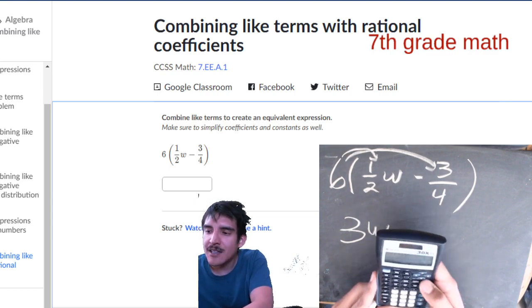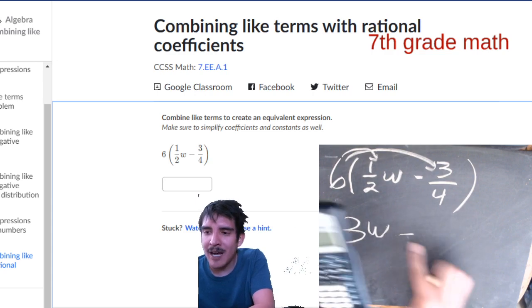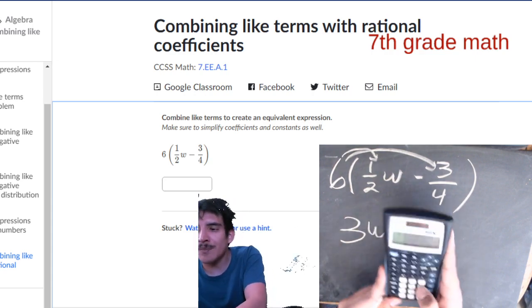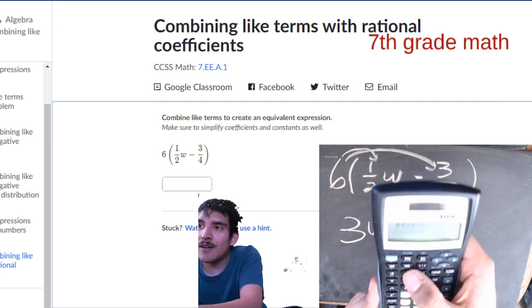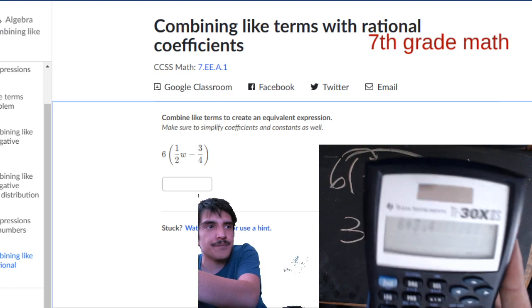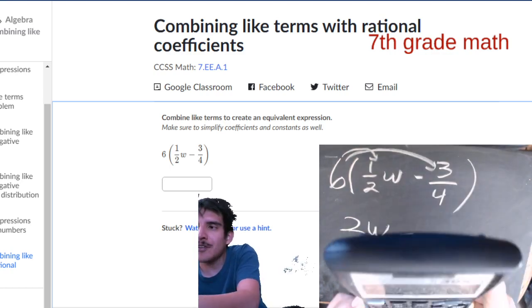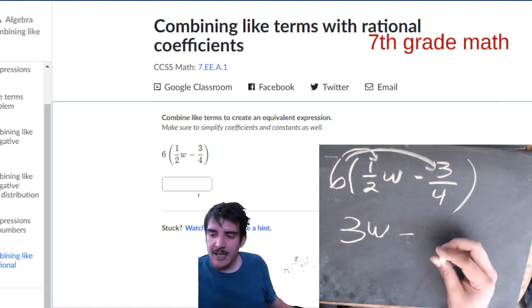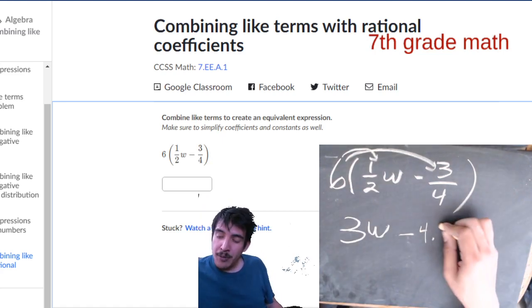Take the calculator's word for it. Do 6. You're just going to do 6 times 3/4. We already know it's going to be minus, so you don't have to do minus in the problem. So 6 times 3, fraction button, 4. I hope you can see that. You should get a 4.5. Yeah. And so you're going to do minus 4.5